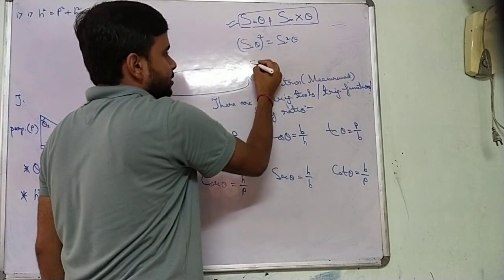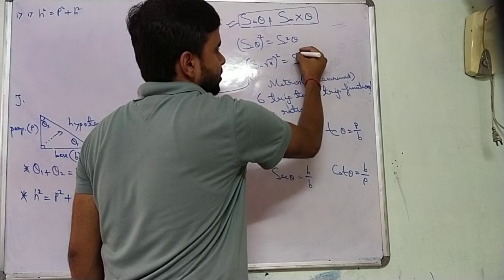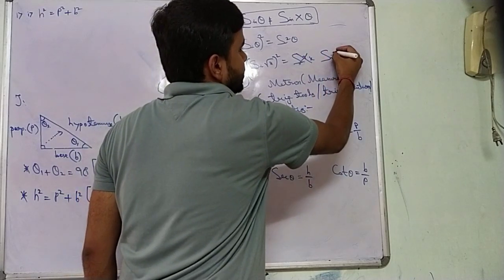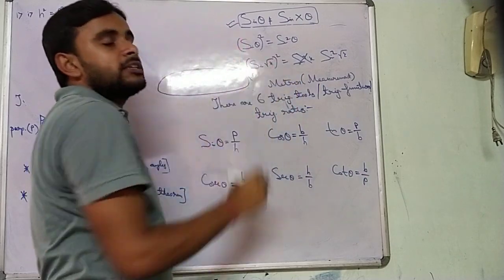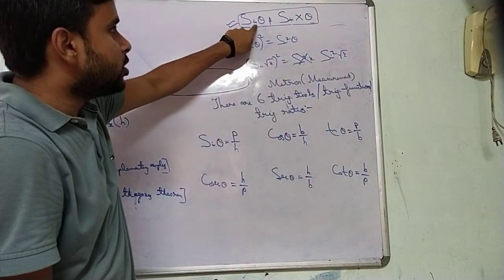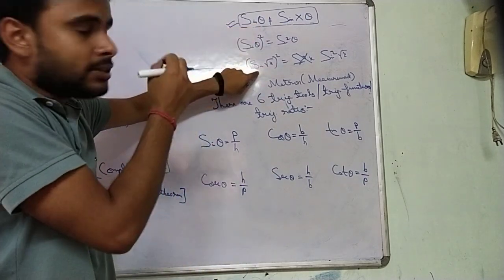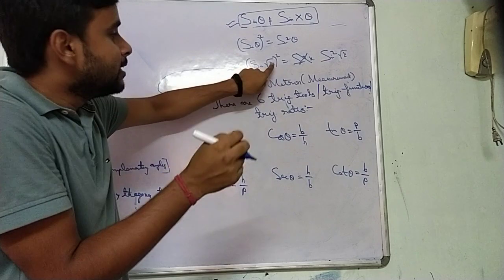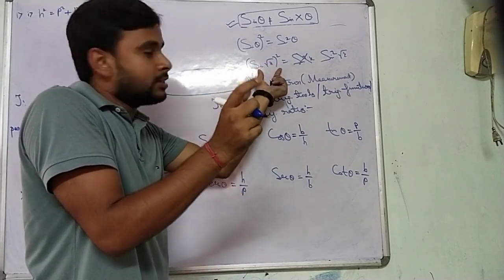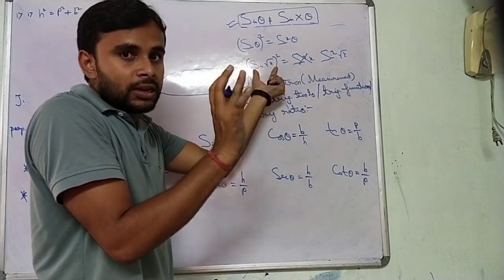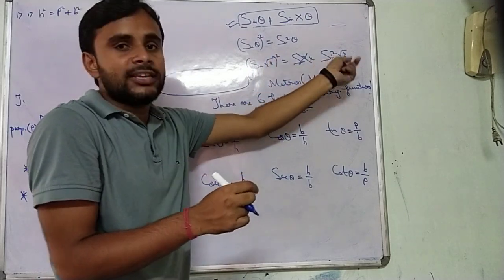This is the right thing. Similarly, sine root x whole square is not sine square root x. This is wrong. What is the correct one? It is sine square of root x. Because if you square root x separately, you again have the same wrong concept in your mind, that you have to square sine, considering sine as a different unit and root x as a different unit. But sine root x is a unit in mathematics. These are not two different things that we multiply to get a function. Sine root x is a complete thing. And what is sine root x whole square? It is sine square root x.